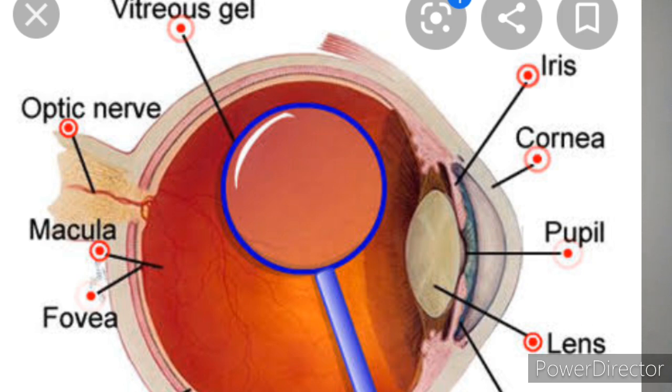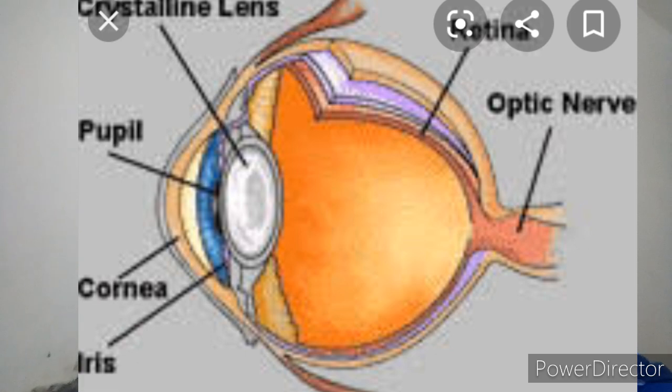Its transparent front part is called the cornea. Behind the cornea, we find a dark muscular structure called the iris. In the iris, there is a small opening called the pupil. The size of the pupil is controlled by the iris. The iris is the part of an eye which gives it a distinctive color. When we say that a person has green eyes, we actually refer to the color of the iris. The iris controls the amount of light entering the eye.